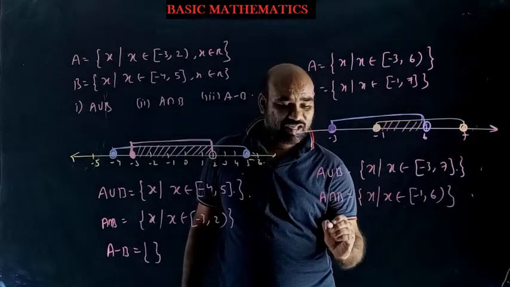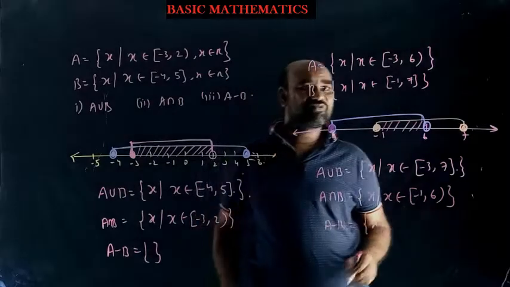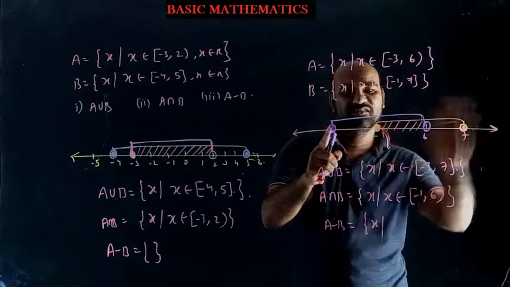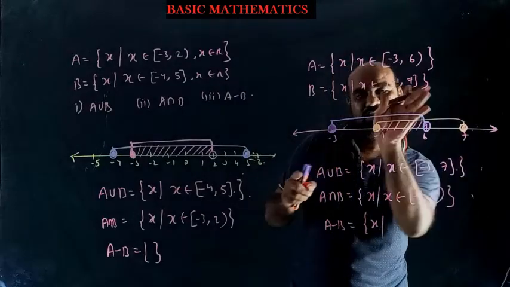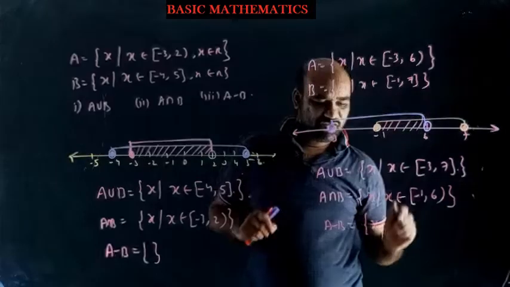Next what I want? A minus B I want. A minus B. X such that A minus means A from A. A means this set. From A I want to remove the elements which are in B. Means all these elements should I remove. So minus 3 to minus 1 is left. So minus 3